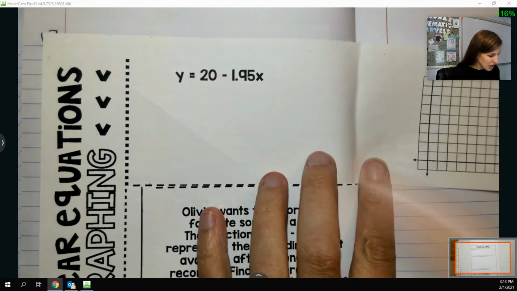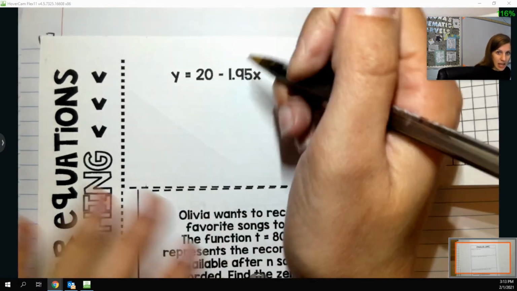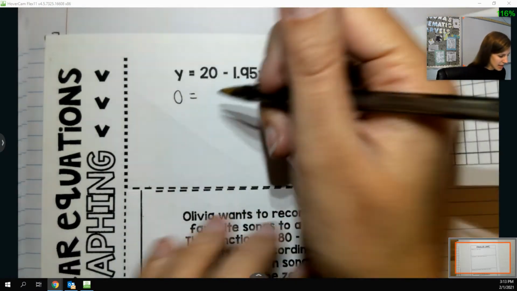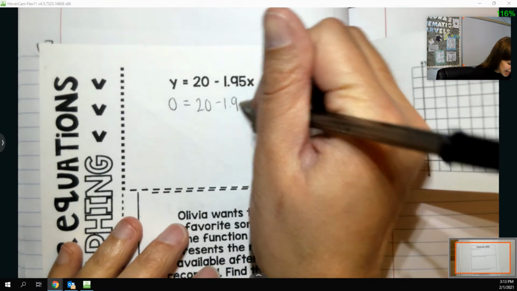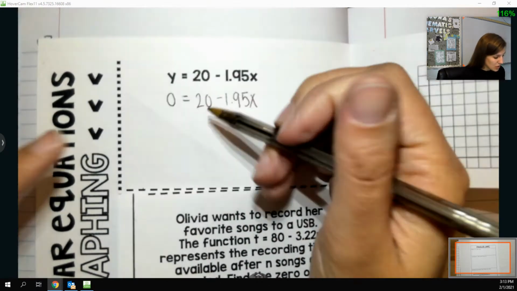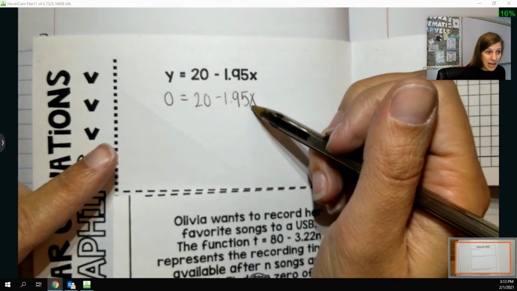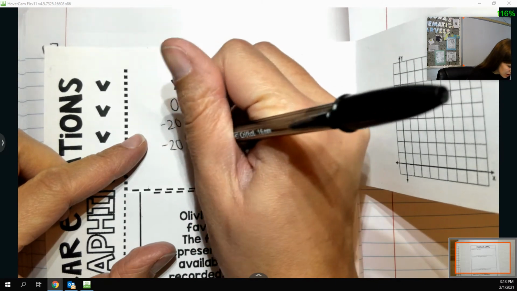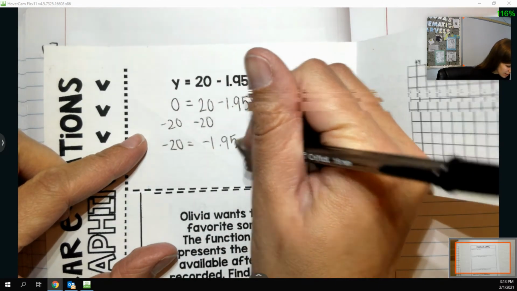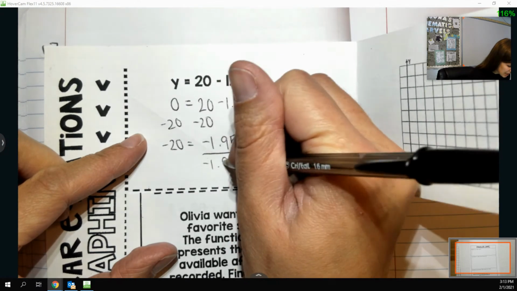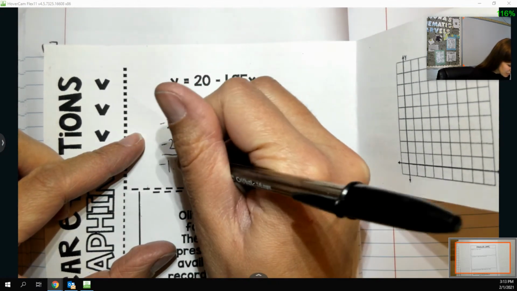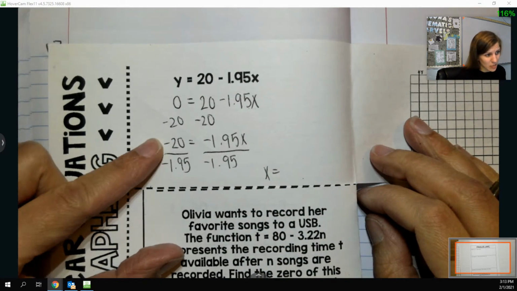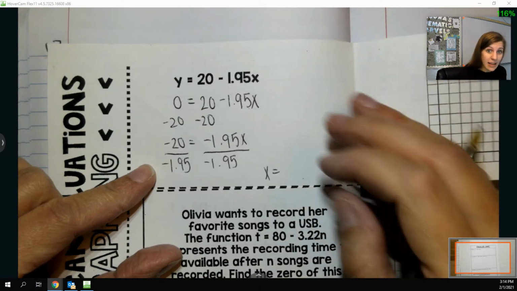Okay, so here's our equation. When I put in 0 for y, or when I spend all my money, how many packages of cards can I get? So then we want to solve for x. So to solve for x, I want to keep x where it is and get everything away. So we'll subtract the 20 both sides. And then divide by negative 1.95. And because we're in decimal land, like it's going to be positive, but I would just use my calculator there. Like 20 divided by 1.95 is